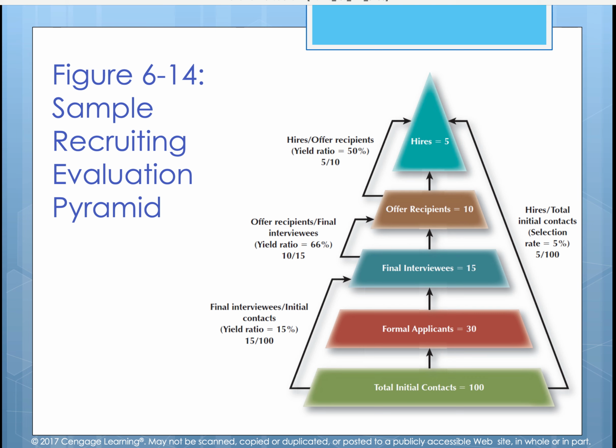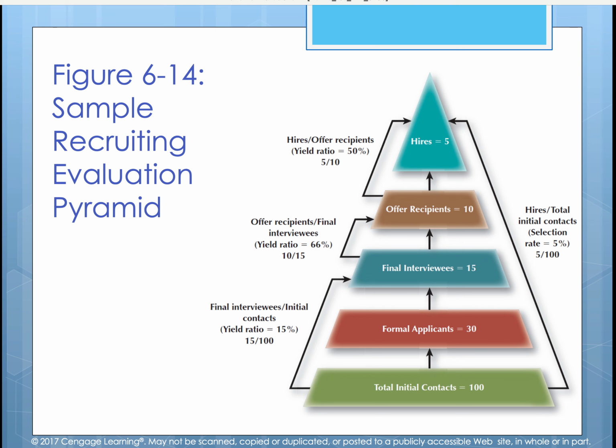As I've said plenty of times before in business, we love pyramids, whether they're going up or down. You can see this as a visual of your hire slash offer recipients. So that's your yield ratio of 50%, the 5 out of 10. There were 5 hires out of 10 people that were offered, right? And then there's your offer recipients with a yield of 66%, which was the 10 out of 15 of the